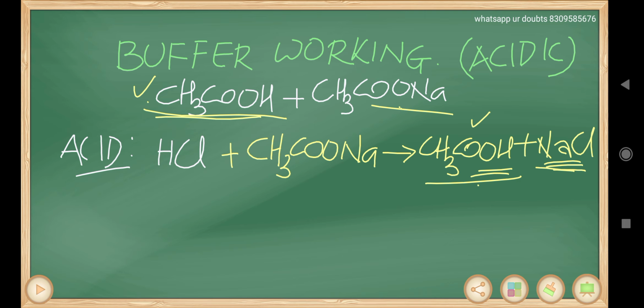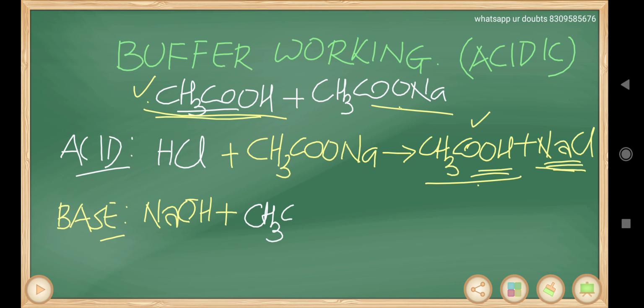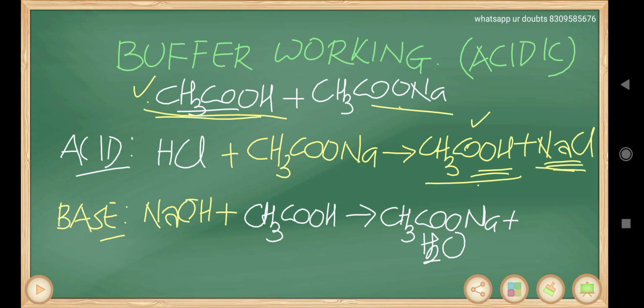Now let us see what happens in case of base. If you are adding base, what happens? Base means I am taking NaOH, a strong base. Now again use your common sense. The acid will react now, because a base can comfortably react with acid to form CH3COONa plus water. Same thing, water is neutral, no effect, and the salt formed is already with us. Now you can ask, sir, if I take potassium hydroxide, no problem, that is also a salt only.